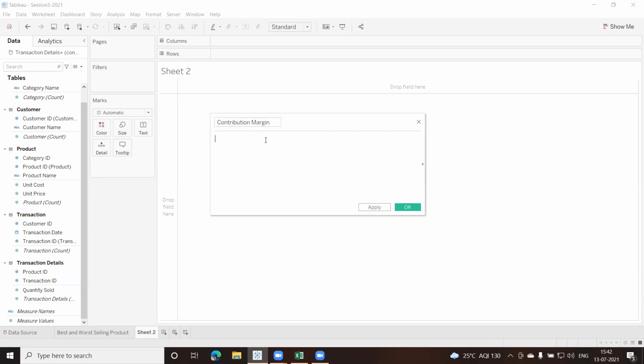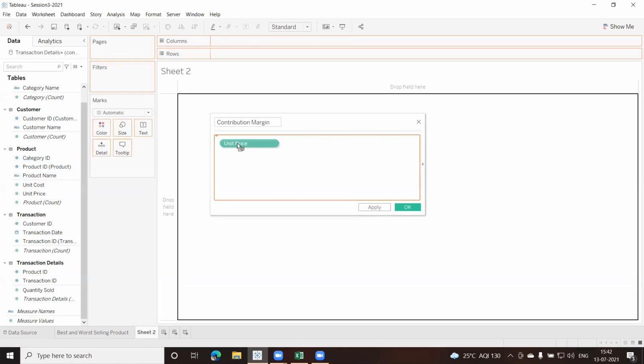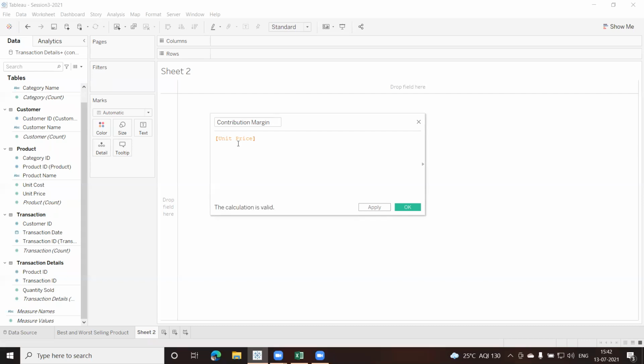Click inside this box here. As I said, your contribution margin will be the unit price minus the unit cost. So where is my unit price and cost? It is here in the products table. So I'll just drag and drop it here. Put the minus sign, and drag and drop the cost as well.